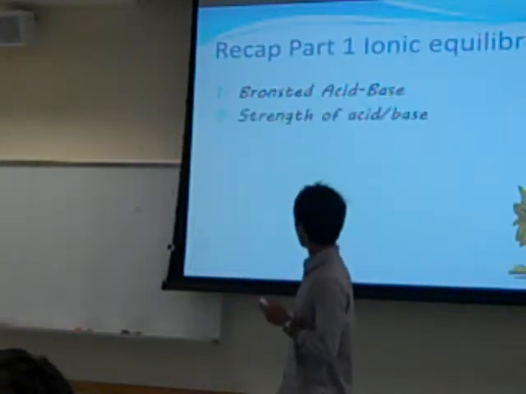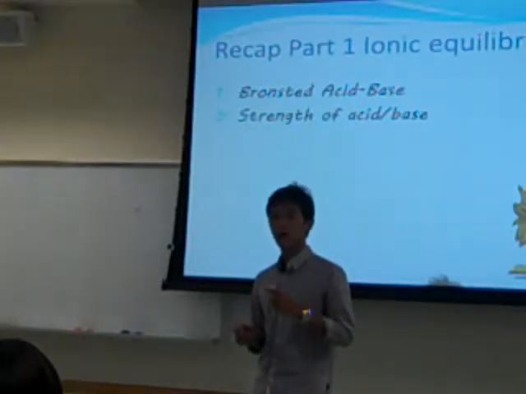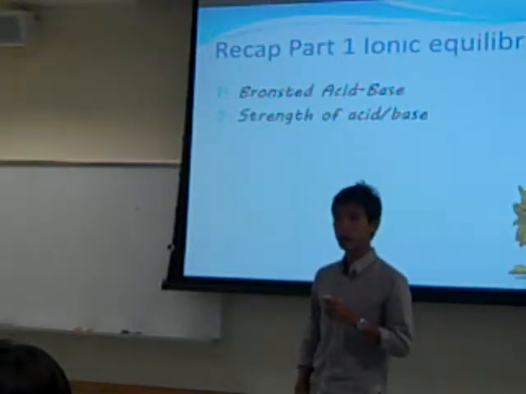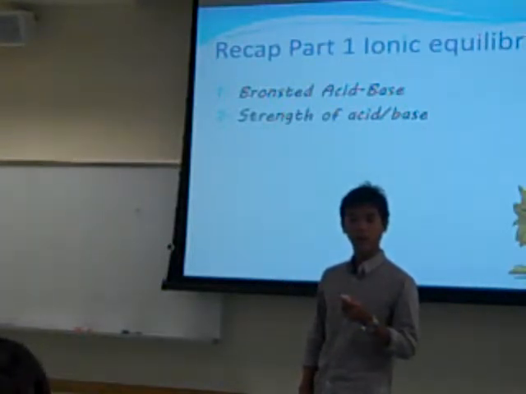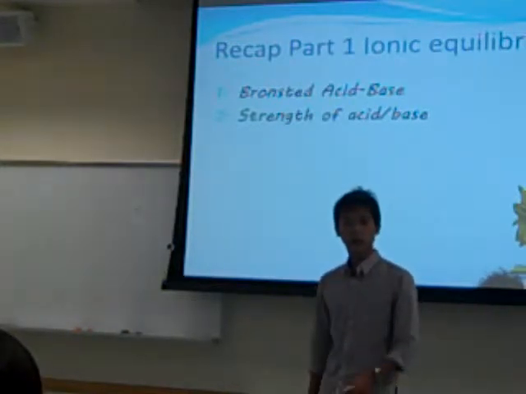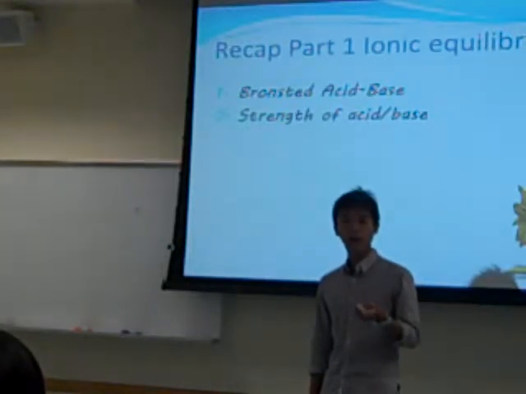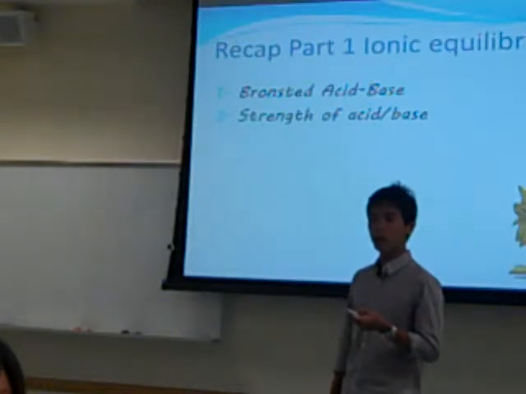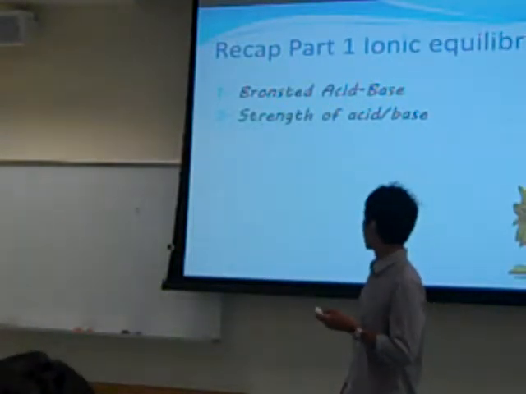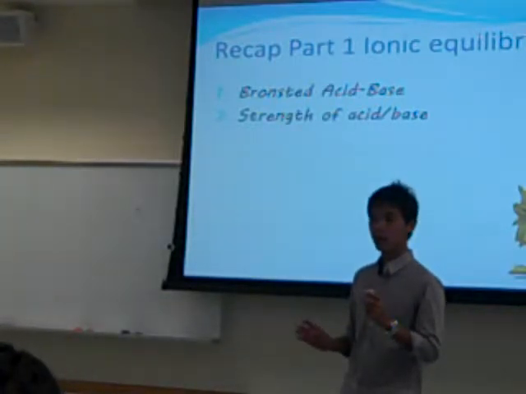Then we look at the strength of an acid and base, and I told you not to mix up the strength with its concentration. When I'm talking about the strength of an acid, what am I referring to? Ka. But then I'm actually looking at how easily the proton can be dissociated, or how easily the proton can be transferred. When I'm talking about the concentration, I'm looking at the amount, how many molecules of acid I have in the solution. So it's nothing to do with the dissociation.